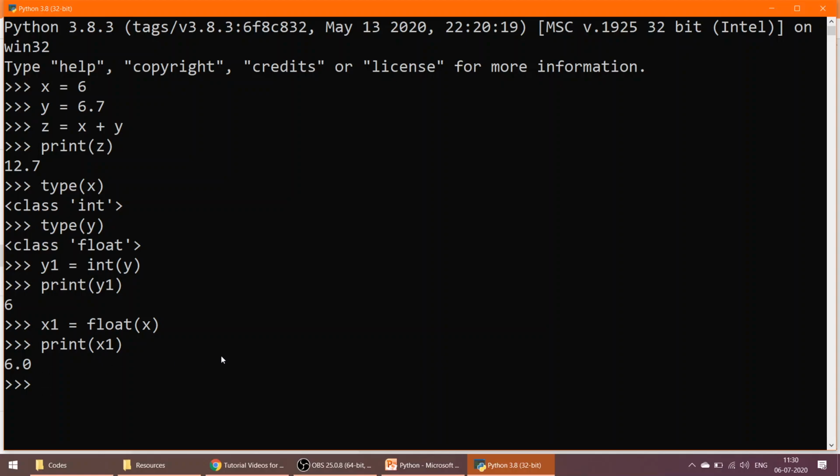Okay. Another thing you can do: the same thing I am writing here, z is equal to int, and within brackets I am passing x plus y. Okay, now I am printing z.